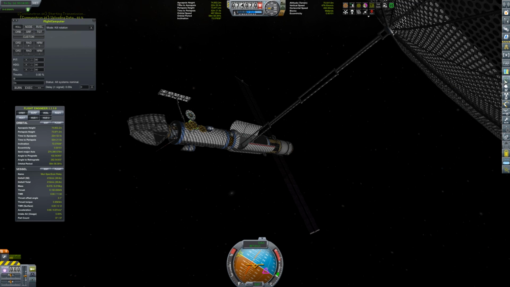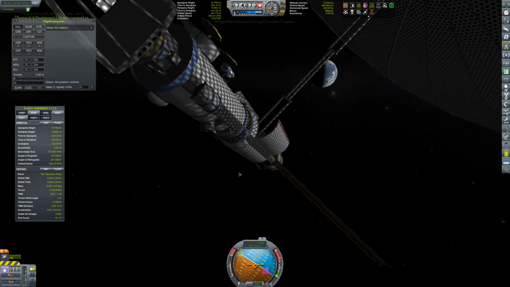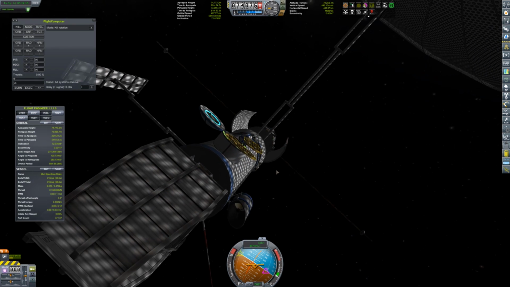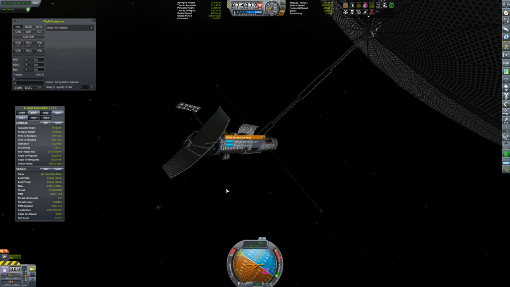Let me get Kerbal Alarm Clock out of the way. Look at this. Look at the light shining through the intelligence satellite. It's just putting this pattern all over the texturing. It's so cool. Oh, and then one more. Obviously, we have to deploy the scanner here as well. So we'll deploy this scanner and